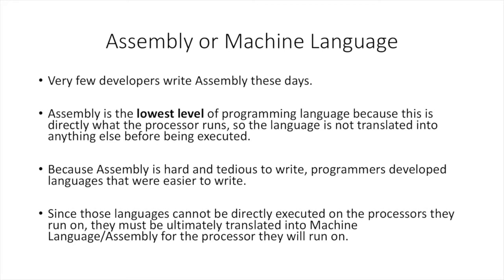So the lowest level means that it's not being translated into anything else before the processor executes it. You literally have instructions in ASCII format in binary that go from the memory into the processor, and the processor decodes the ASCII representation of those instructions and executes them, basically doing addition, subtraction, moving data around, copying things, comparing things, etc. Because assembly is hard and tedious to write, programmers developed languages that were easier to write,